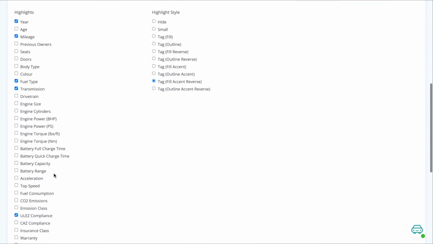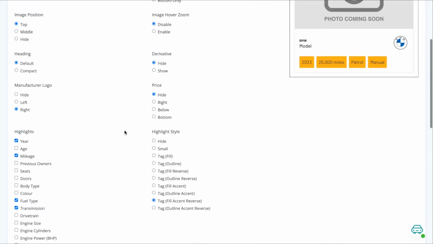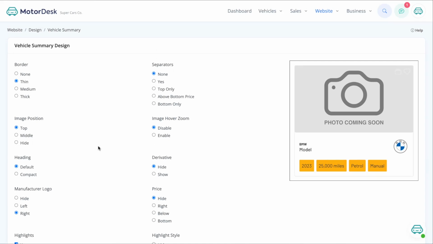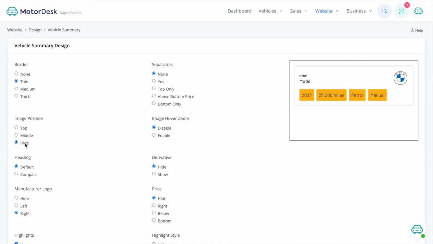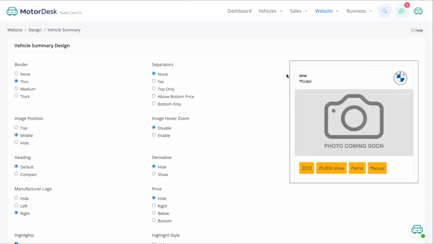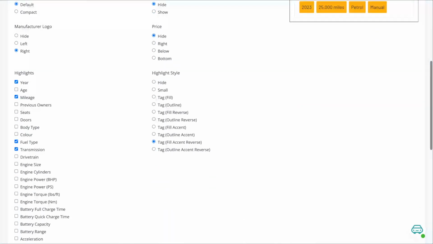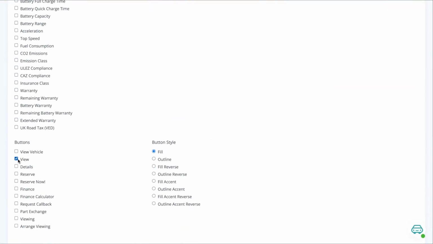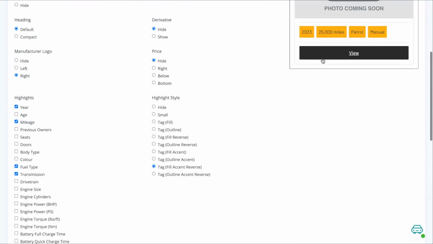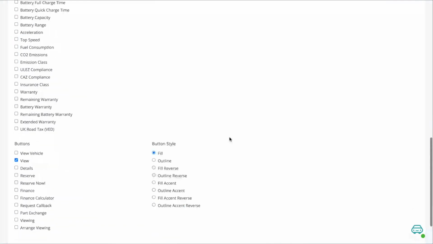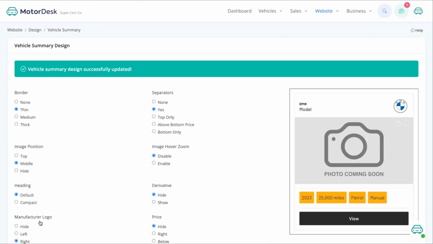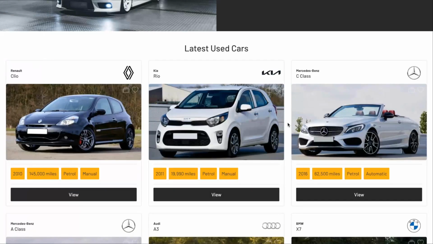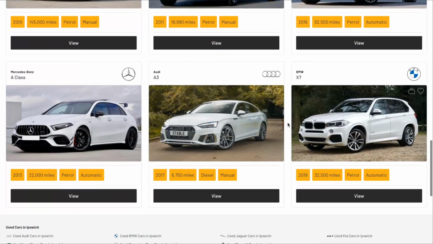And it might not be necessary to include as much on this particular listing. There's a lot you can change, so you can even hide the image entirely. Let's put it in the middle so that these appear on the top. And then once again at the bottom, we can add buttons to it so that they can interact. And then once we save the changes, if we refresh the page, you can see that the changes have been